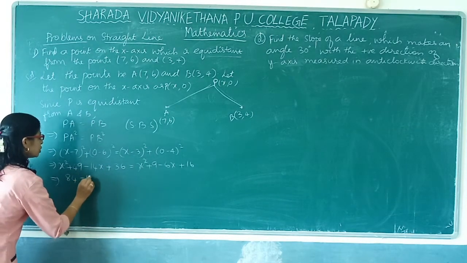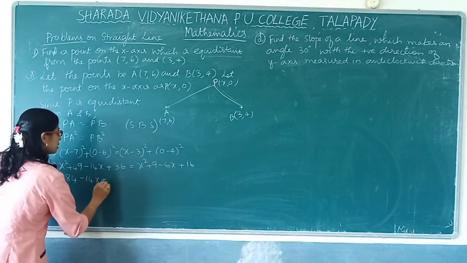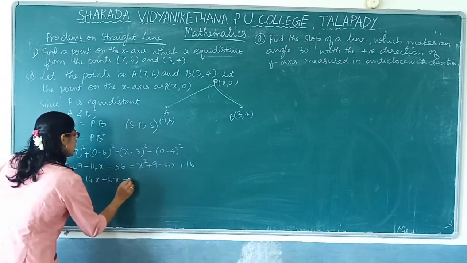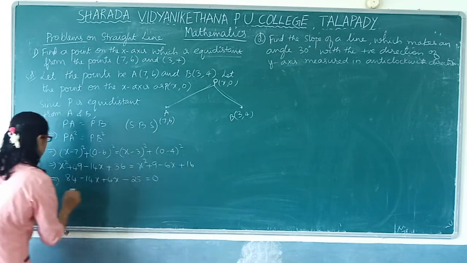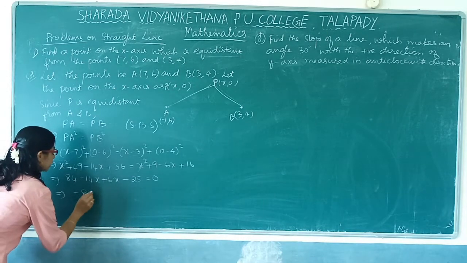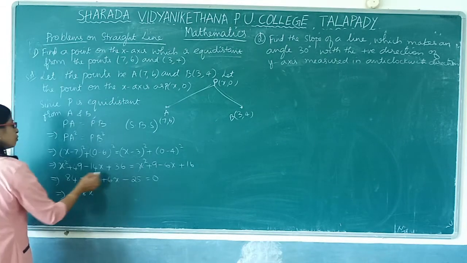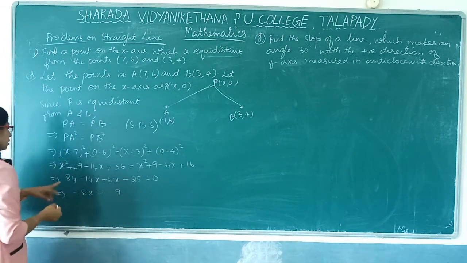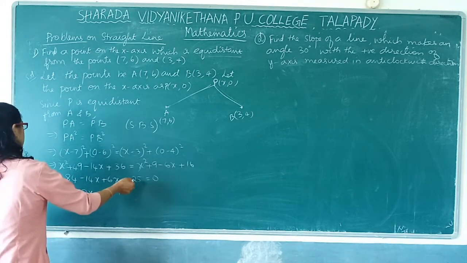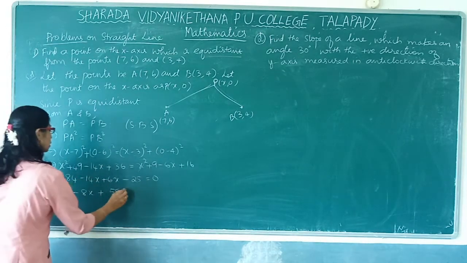Okay, 84 minus 14x. Then the other side what do you have? Minus 6x. Bring it this side. Plus 6x. Then here we have 9 plus 16, that is plus 25. Bring it this side. It becomes minus 25 is equal to 0. Now x term you separate. Minus 14 plus 6. What is that? Minus 8x. Then here what do we have? 84 minus 25. What is 84 minus 25? 14 minus 5 is 9. Then 7 minus 2 is 5. 59 is it? Just add again. 9 plus 5, 14. Carry 1. 6 plus 2, 8. Plus 15 is equal to 0.